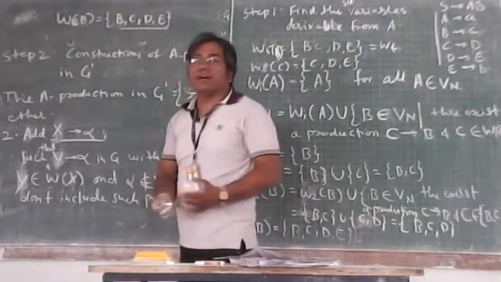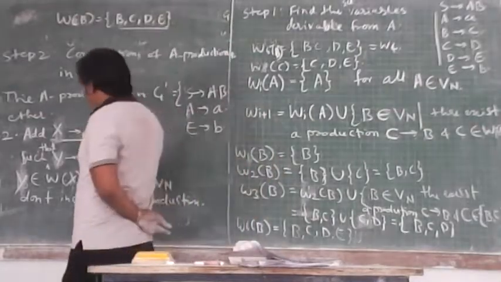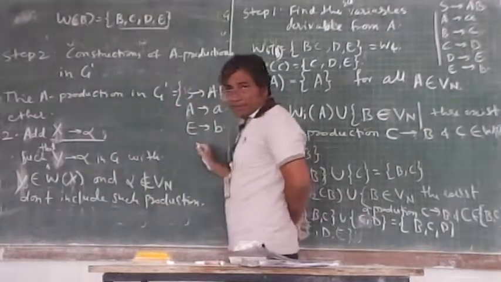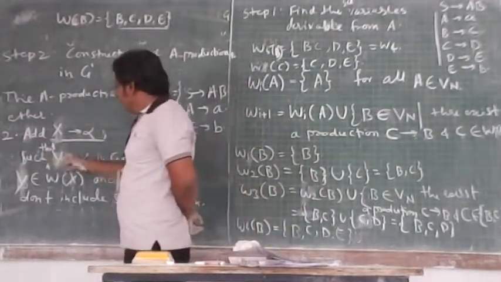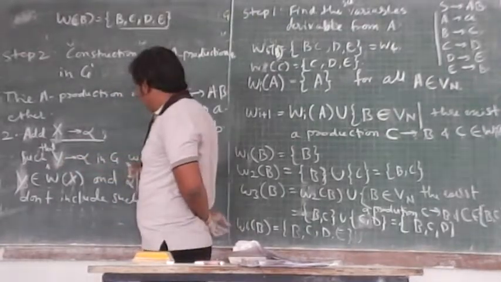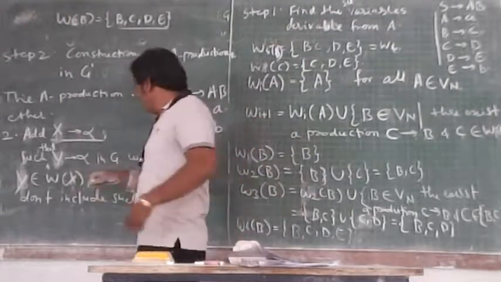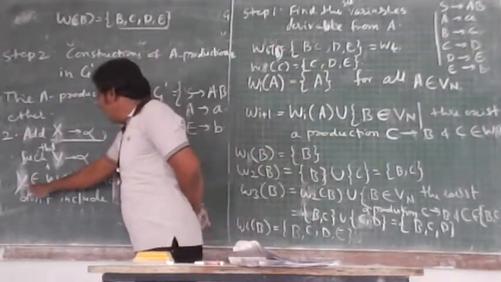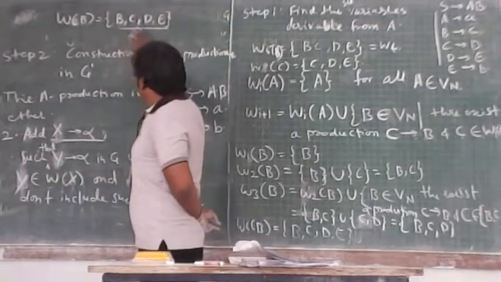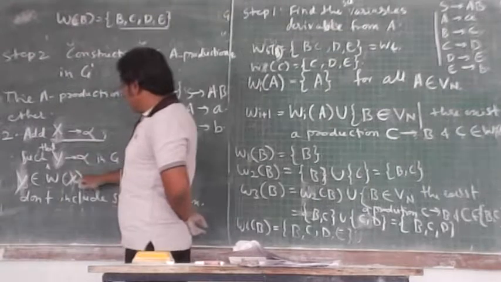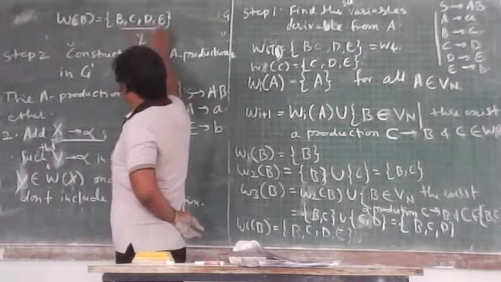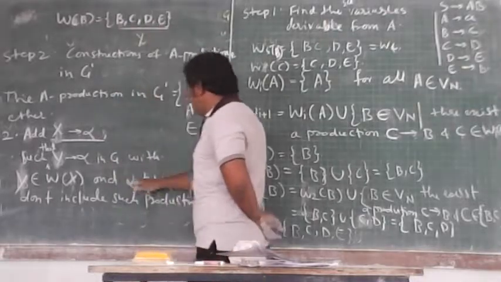Add X implies alpha. ये प्रोडक्शन हमें ऐड करना है किसमें? हमारे नए ग्रामर में. Such that Y implies alpha is a production in G, means उस G में with Y belonging to what? Y is the element belonging to this cell. So I say this Wx is what? My Wb, and this becomes Y, and all these are the element of Y, and alpha is not belongs to